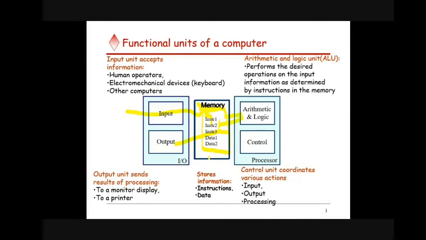When the data or instruction will be fetched from the memory to the processor, when the result should be written back to the memory, and when the input device should accept the input, read the input from the input device, and store it in the memory. All that information, what type of data it is getting, and whether it is writing to the memory or reading from the memory, will be handled by a certain set of control signals by the control unit. Okay, and I already mentioned all those things.